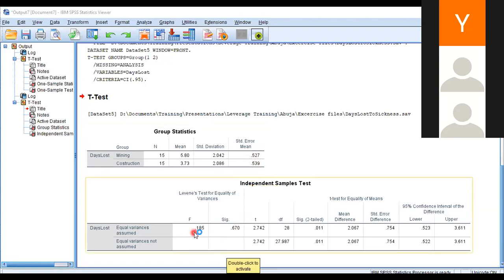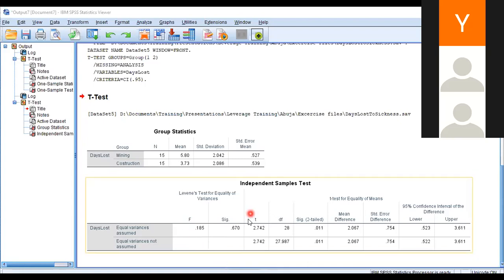The first thing we do here is Levene's test for equality of variance. It's testing for homogeneity of variance to see if the variances are the same. Now, if you remember, this is the F test. When we did ANOVA, we talked about the F distribution. We said that the F distribution is not only for ANOVA. You can use it to compare two variances. It is the same F distribution you use in ANOVA. So the F can be used for ANOVA, and can be used for comparing two variances.